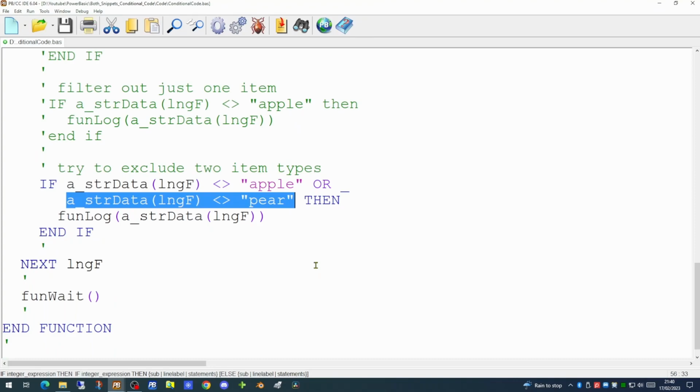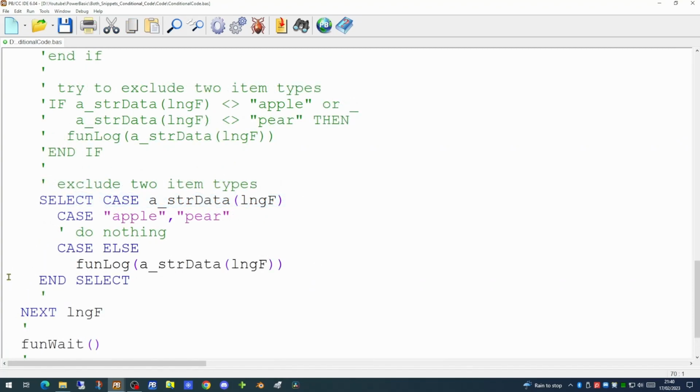So is there an easier way, which is still easy for us to read, without a long, nested if condition? If you're starting to get a very complex conditional piece of code, the next thing to look at is the select case command. The select case command can do some very complex logic in a very few lines of code.